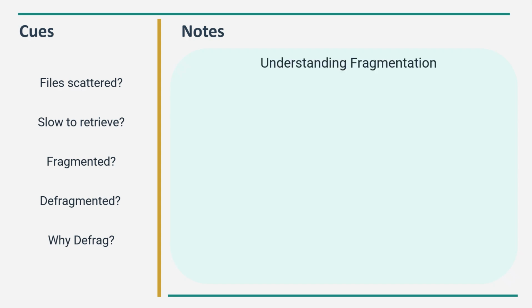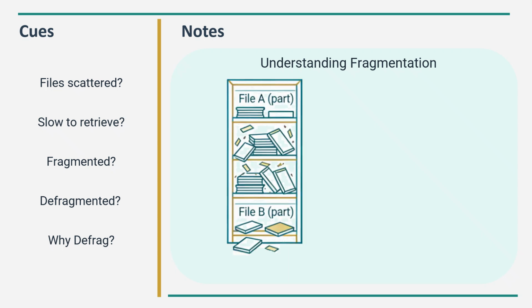Over time, as you save, delete, and resave files, they become fragmented. Fragmentation means different parts of files become scattered across the storage disk. Think of your bookshelf. Math book 1 at the top, history in the middle, then math book 2 at the bottom, then more history scattered all around. Every time you need to read all your math books, you have to walk back and forth, searching, then back again. That takes time. On a disk, the same thing happens.